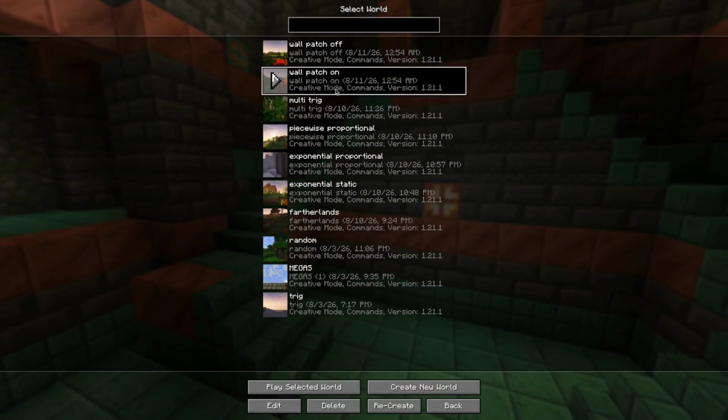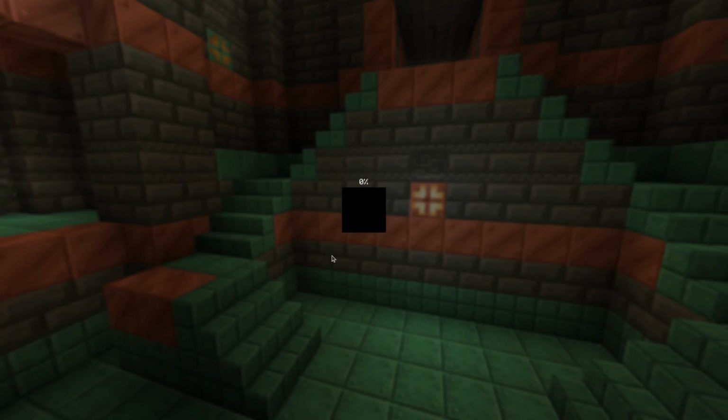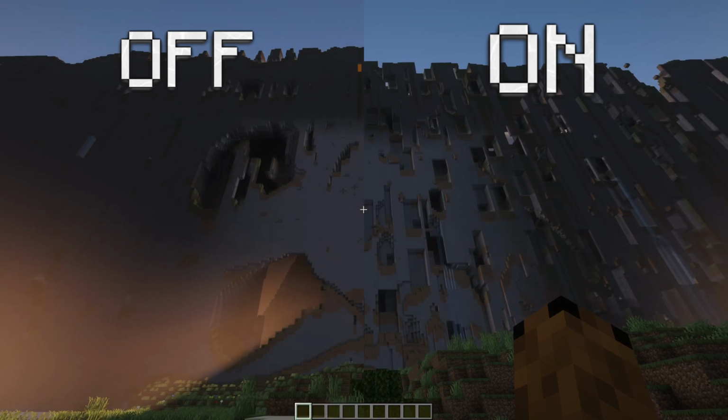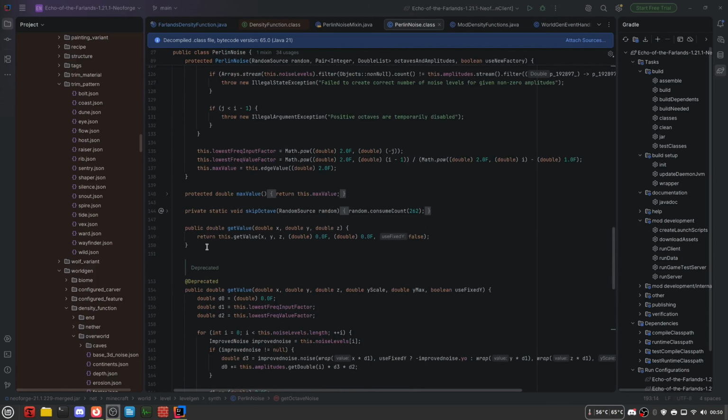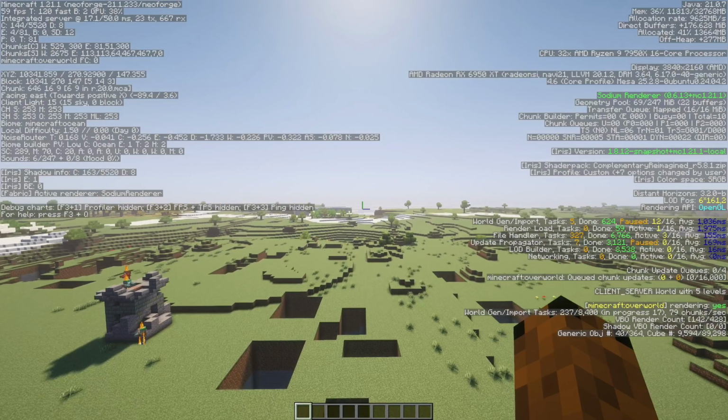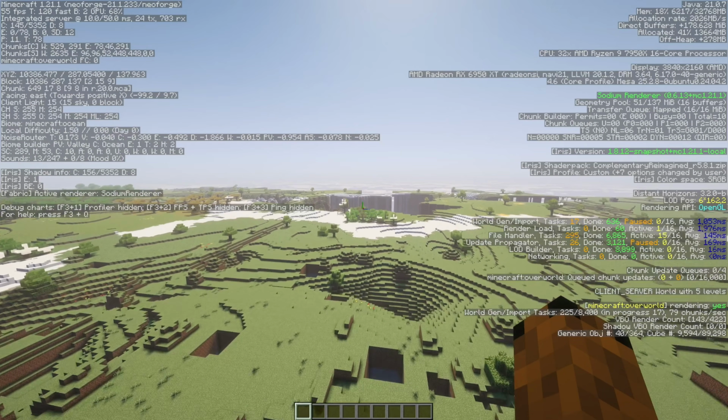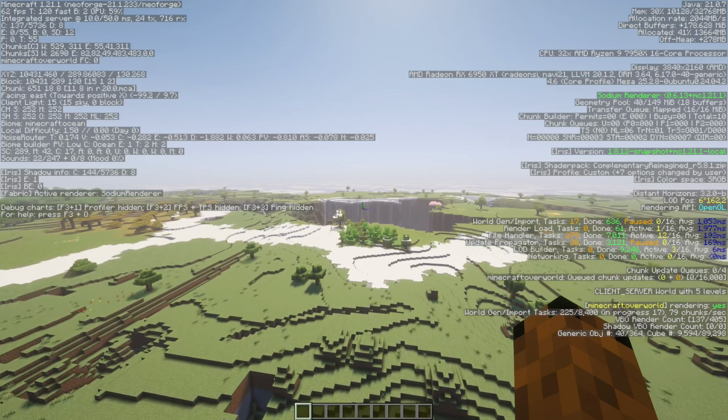The next option is the wall texture patch. The wall texture patch replaces the old method I was using for wall texturing. The old method involved ripping X and Z variables from this method here and trying to use it as a barrier condition for the Farlands so I can fix the X and Z differences in exponential scaling. Although it didn't actually do anything for the exponential scaling, it sort of worked in a completely unintended way to